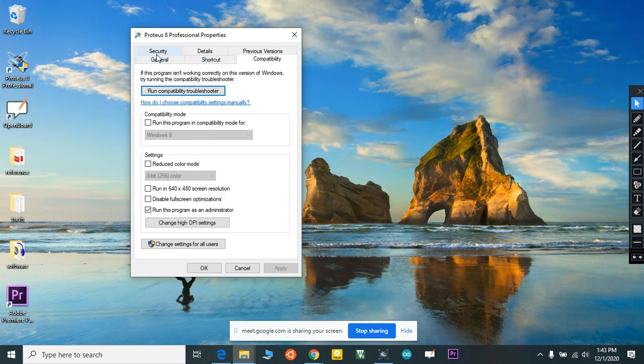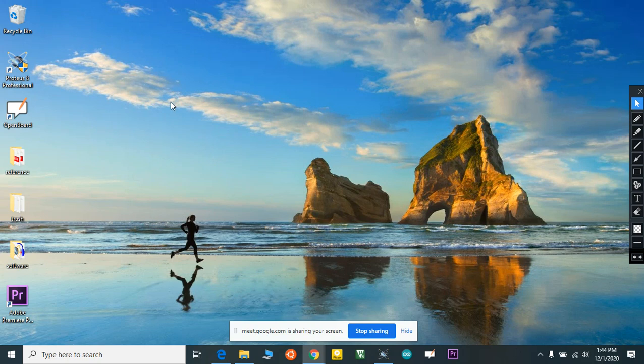You can see a lot of tabs here: security, details, previous versions, general. In the compatibility tab, you can see here run this program as administrator. In most cases it is not ticked, so you need to tick this, run this program as an administrator. Once you tick this, press apply, then okay. See, why it's showing that error is that the library is already in your folder directory, but this software doesn't have permission to access it, so you have to give it root administrator power.